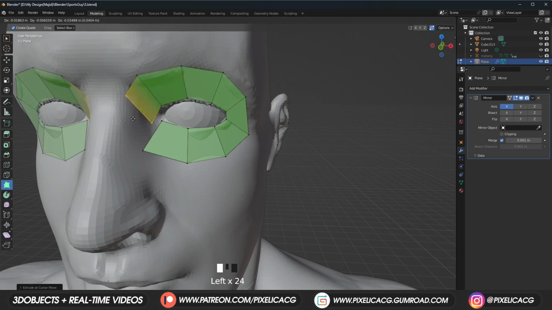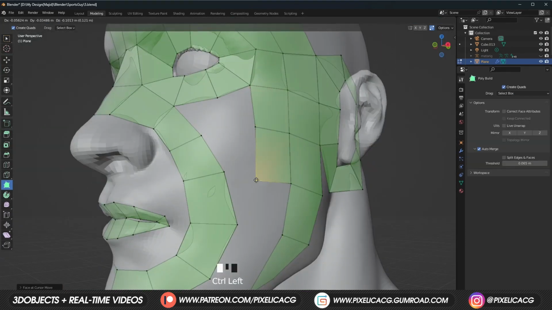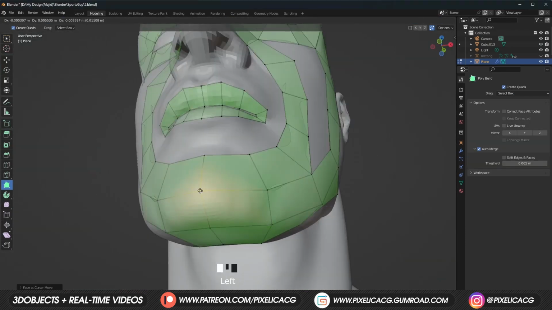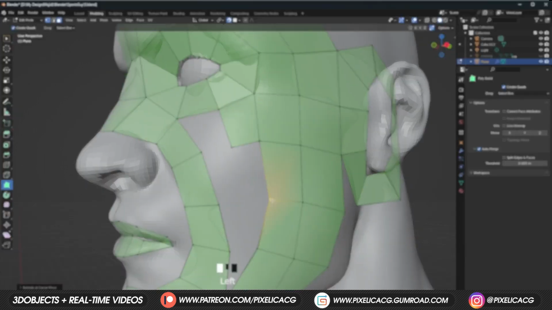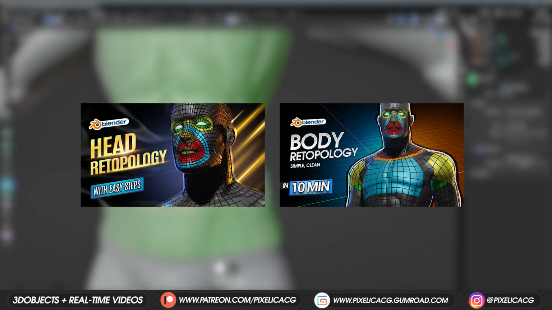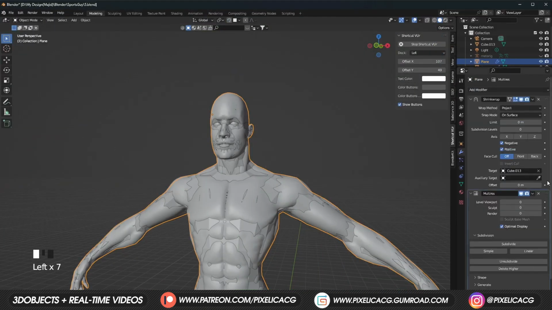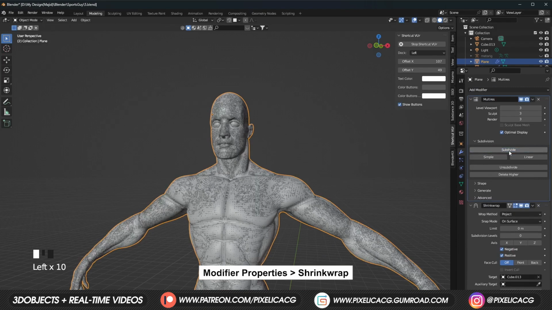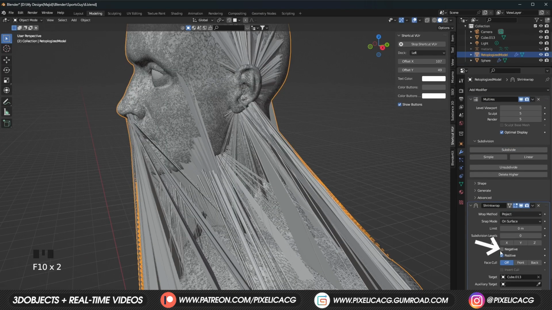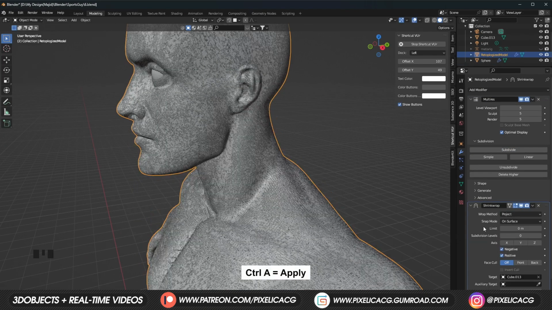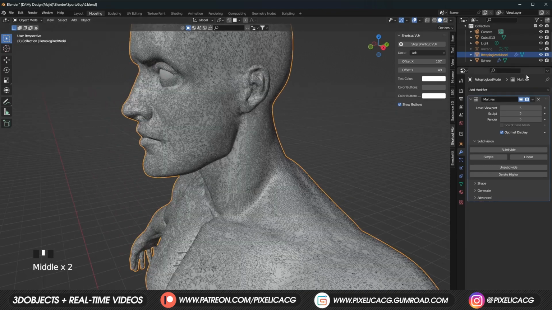Now it's time for the most boring part of the workflow, which is retopology. I explained the whole retopology process 1,000 times on the channel. I fully explained the steps of how to do it really simply for both head and body. After the retopology, we can project it onto our old model using the shrinkwrap modifier while it's on Project and